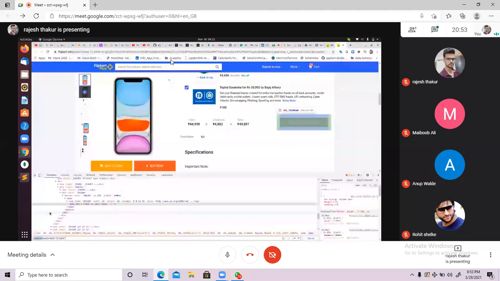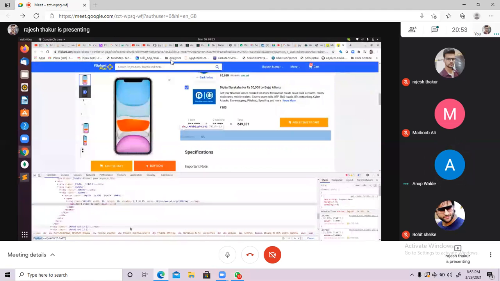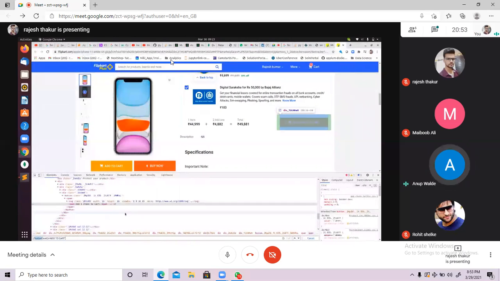So what is the HTML tag here? First, identify the HTML tag. How are we identifying the HTML tag? Whatever comes with the angular bracket. So button is inside, we have a button, right? So the HTML tag is button and the text function is Add 3 items to cart.